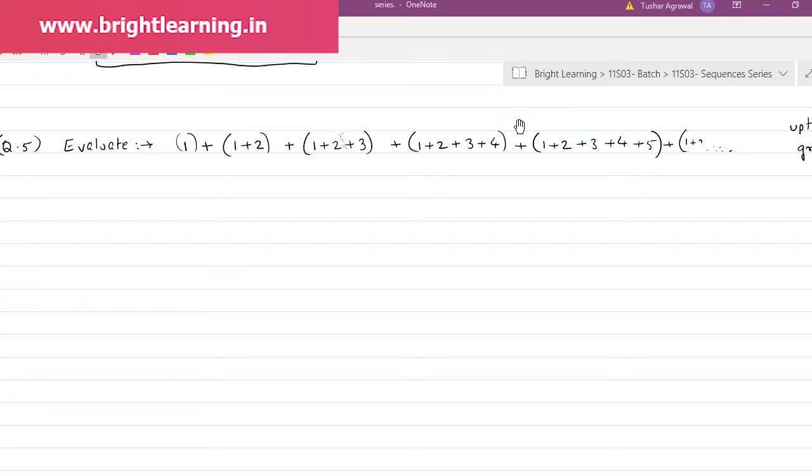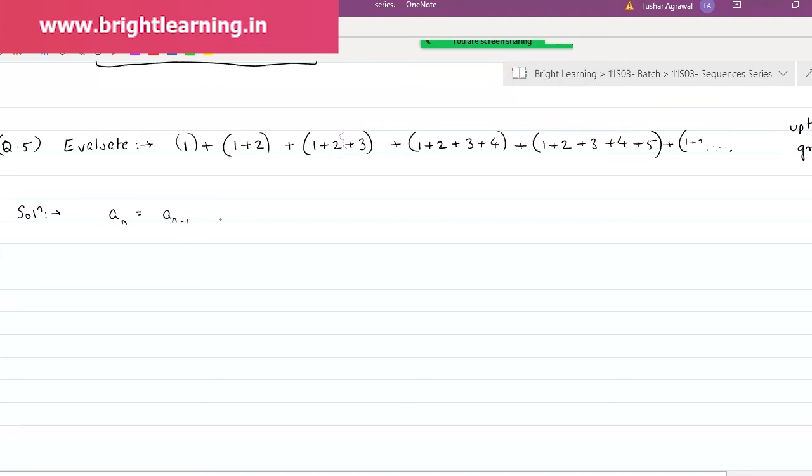What Dhananjay is saying is that the nth term is the previous term, and in the previous term we are just adding n. So this is 100% correct. Like how you obtain the third term: as the previous term, that is 1 plus 2 is already present, so just add the third term 3 over there. So this is correct. But for calculation of this formula, you need the sum of up to 100 groups,